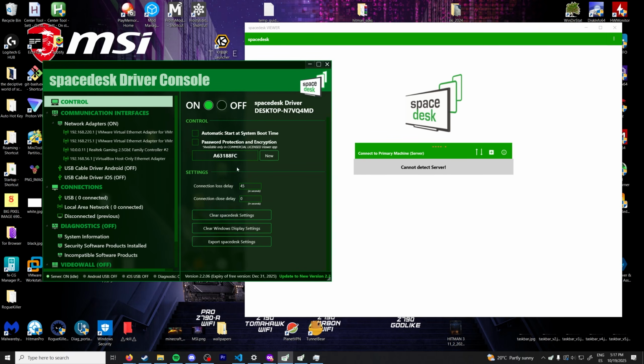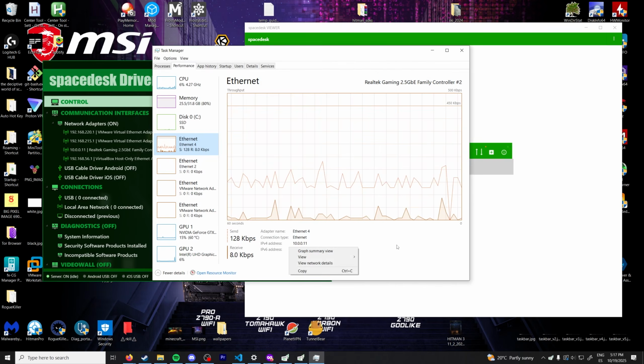Now, once we have this set up, we're going to go to our task manager. Inside of the task manager, I suggest having a video in the background or some kind of thing on your main computer so that you can see which one, if you have multiple Ethernet connections or Wi-Fi connections, is the one that's actually connected to the internet and the one that you're getting the data from. In my case, it's the Ethernet 4. And what you're going to want to look for is the IPv4 address. As you can see here, it's for me